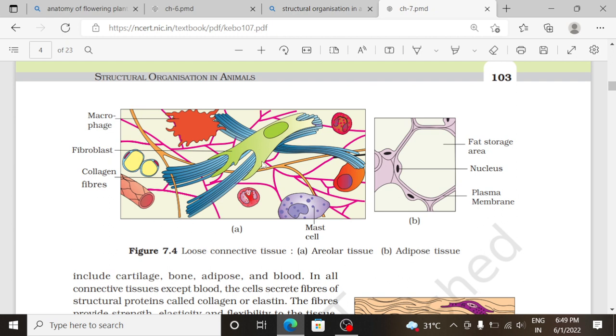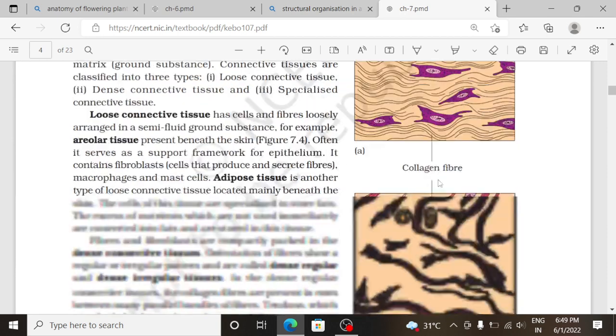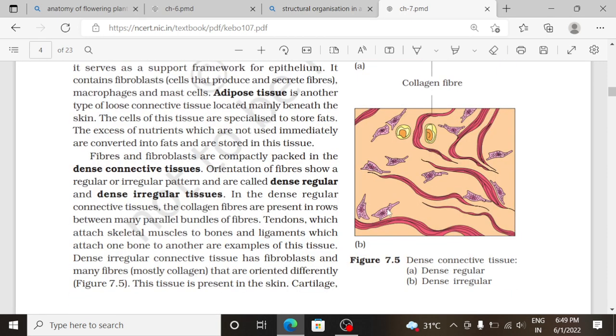The first diagram A is of the areolar tissue and this one is of the adipose tissue. This is the mast cell. These are the collagen fibers, this is the fibroblast, this is the macrophage, and this one is adipose. This is the fat storage, this is the nucleus, and this is the plasma membrane. This diagram is of the collagen fibers, you can see here. And this diagram